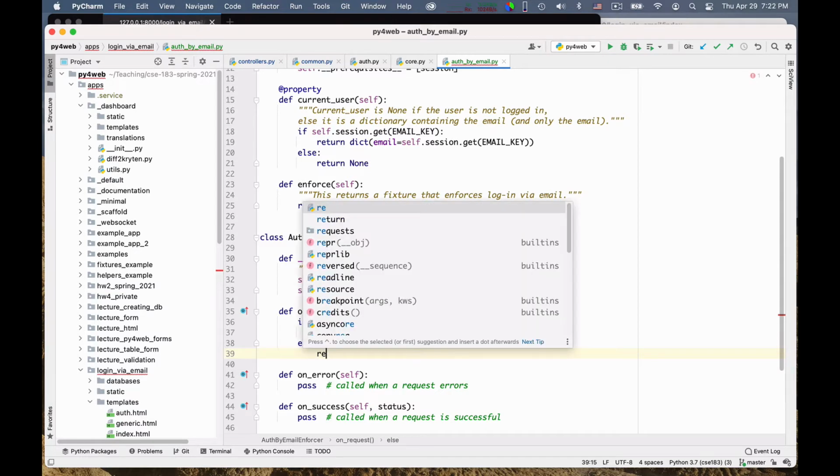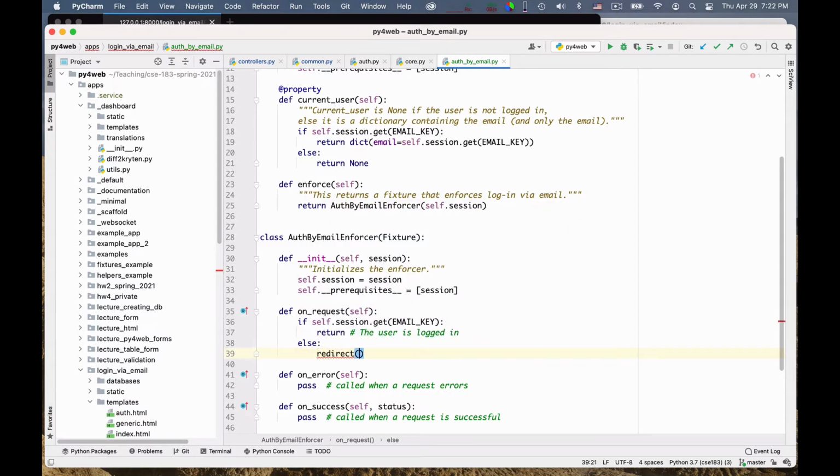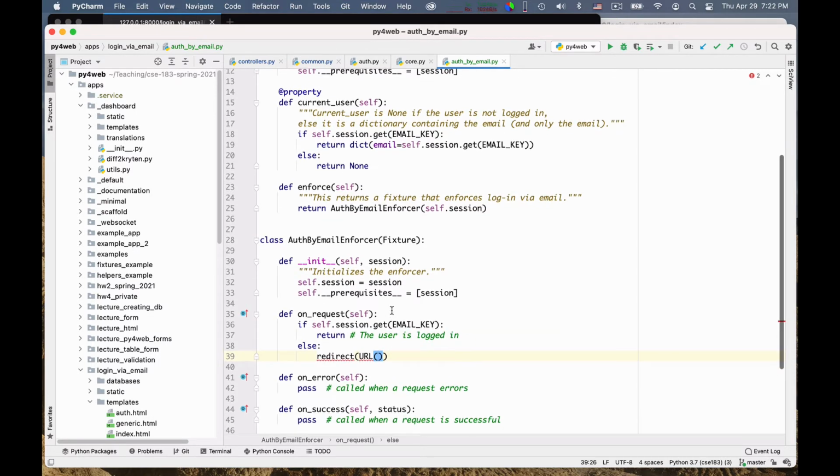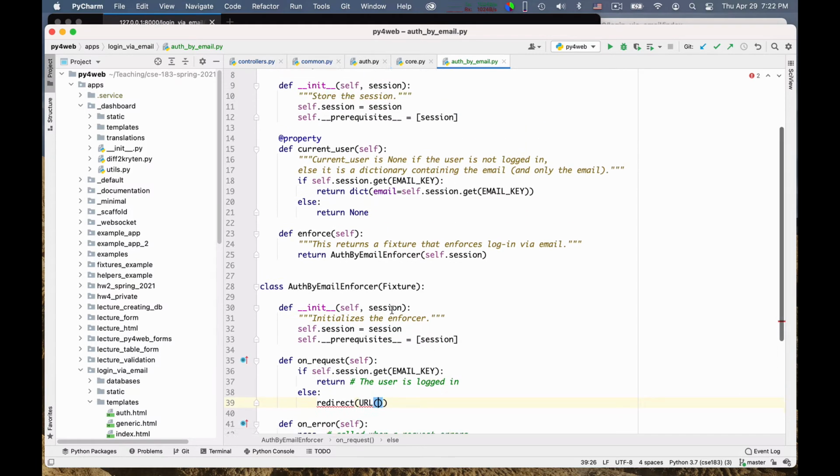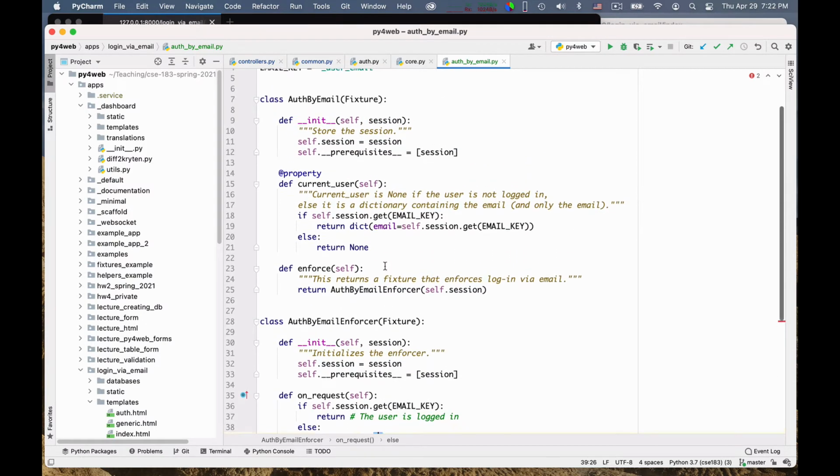So redirect URL, and here I want to define a path that is used in order to enforce the login. So let me hard code it.